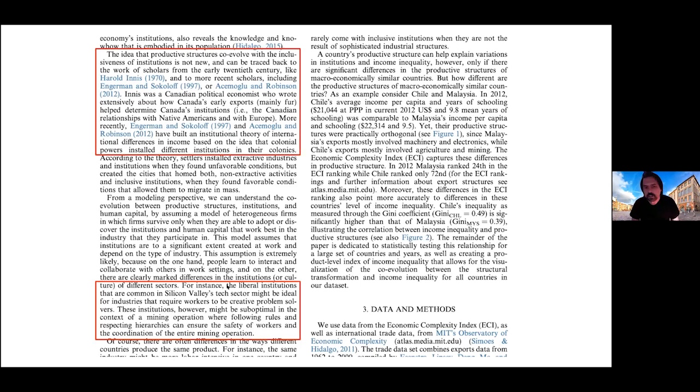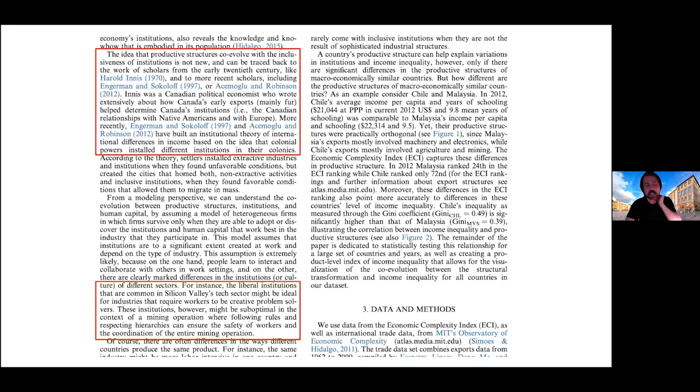So the idea is that industries are going to be able to succeed only if they find the right institutional match. So the institutions that, for example, work for a company in Silicon Valley, with people showing up at 11 a.m., being creative, and basically not worrying that much about safety protocols, is very different than institutions that might work on a mine, in which people had to show up on time and be very obedient to certain rules, because you're not looking for creativity, but you're looking to operate in an environment that is very controlled and dangerous. So there's co-evolution between institutions and a productive structure, which is the idea we use to explain in part this phenomenon.